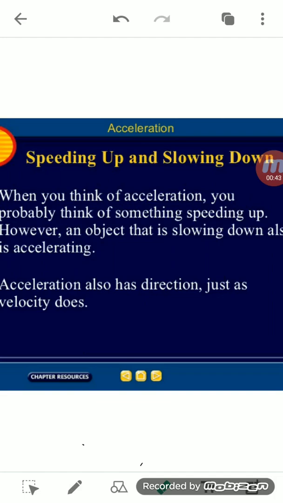We had also discussed how we can represent acceleration. We can represent acceleration as a = (v - u) / t, in which v is what? It is the final velocity of an object, and u represents the initial velocity of the body. t is the time taken for the change in the velocity, and a is used to represent the acceleration.